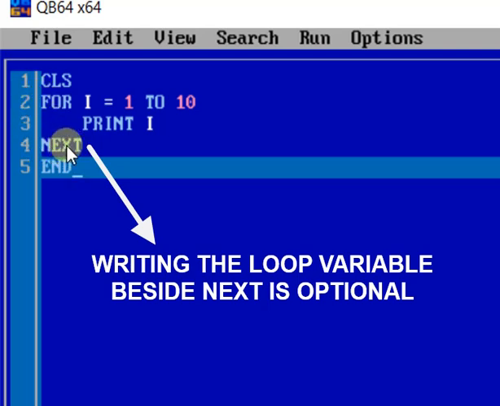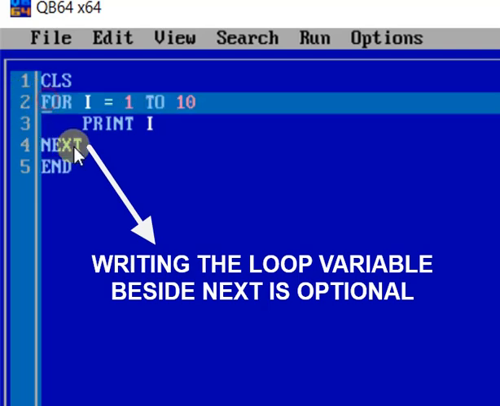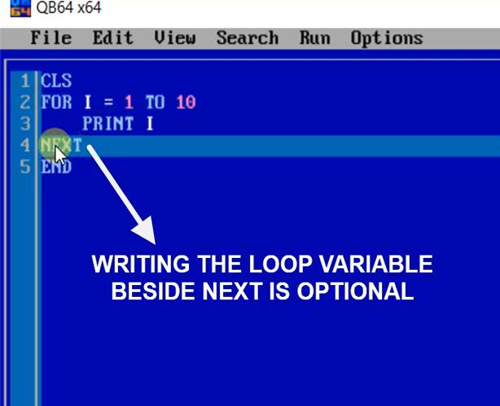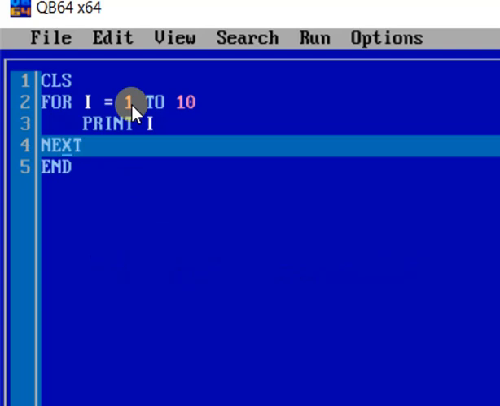Line number 4, next, transfers the control of the program to line number 2. And also the next statement increments the value of I by 1. So now I will have the value 2.